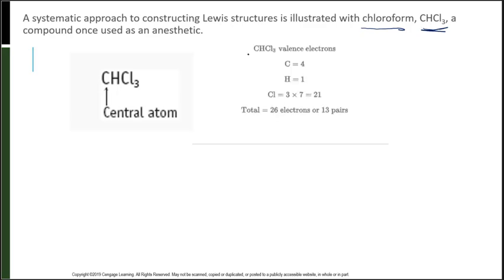CHCl3. That's a compound once used as an anesthetic. Well, here the first atom listed, C, is our central atom. Let's do our valence electron count. I've got a carbon that has 4 electrons, an H that has 1, and 3 chlorines. Each chlorine has 7 valence electrons, so 21 plus 1 plus 4 gives us 26 electrons that we need to